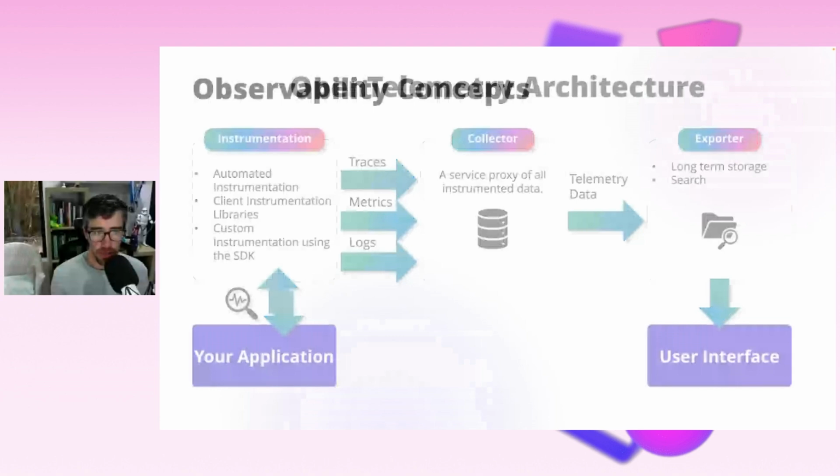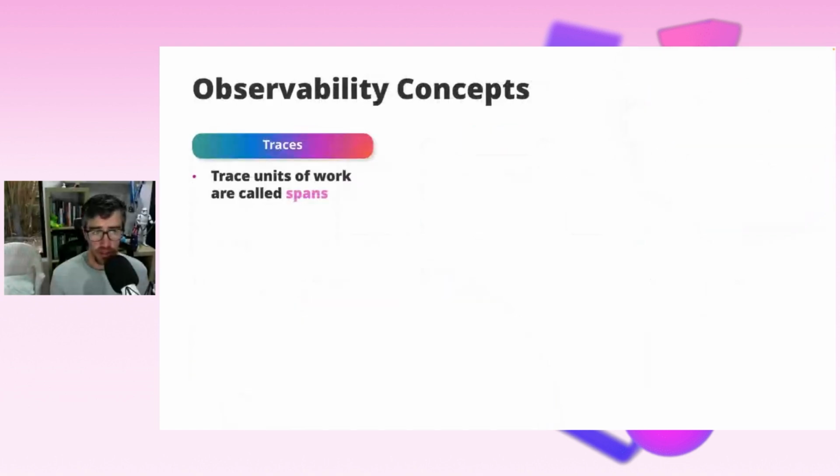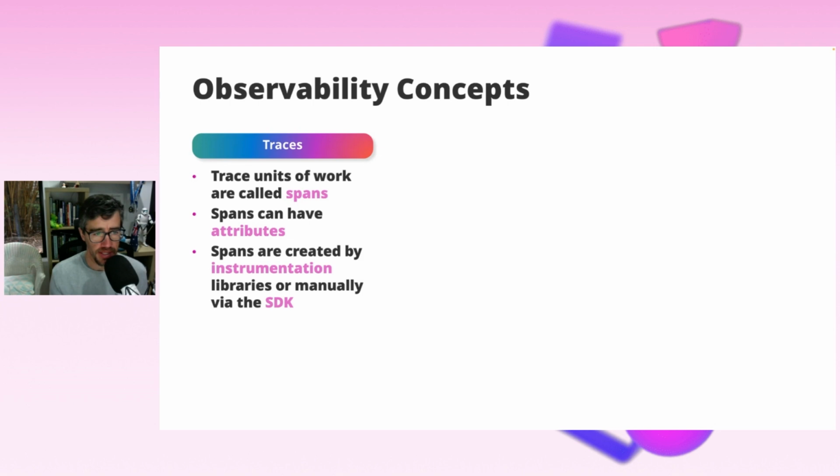So the concepts I've mentioned, first one is traces. The trace has a unit of work called a span. So when you're doing anything with OpenTelemetry, you'll start to be familiar with a span. I kind of see it as being very similar to a using statement. Like you've got, I guess, a context, and everything runs within that context. A span is very similar. So you would initialize a span, and you can have spans within that. Spans can have attributes, so you can store any metadata you want inside the span, and it all gets captured in the system.